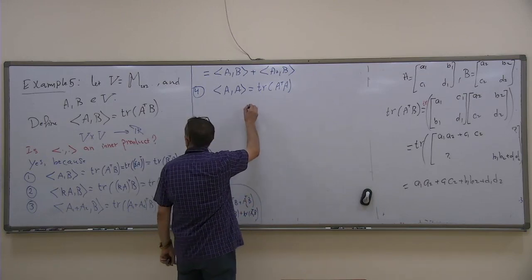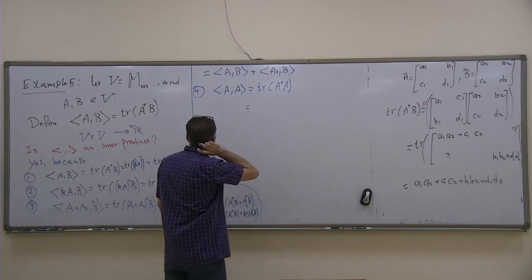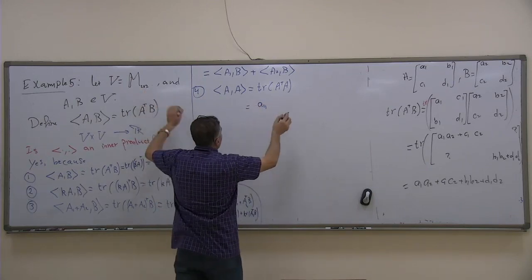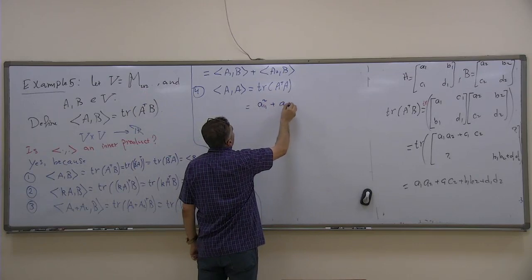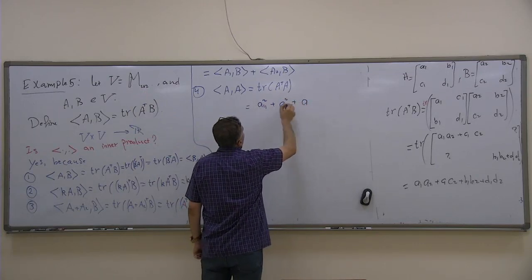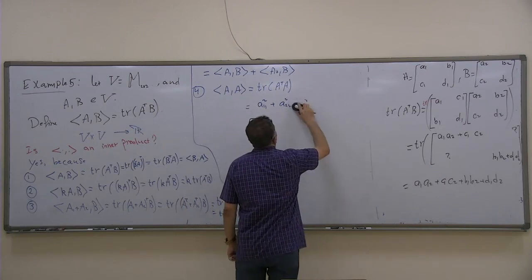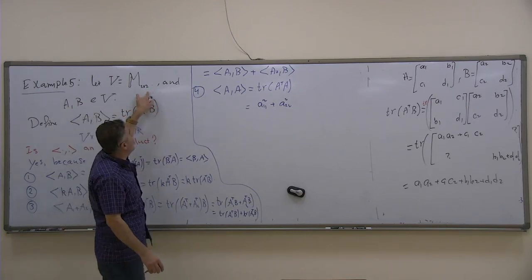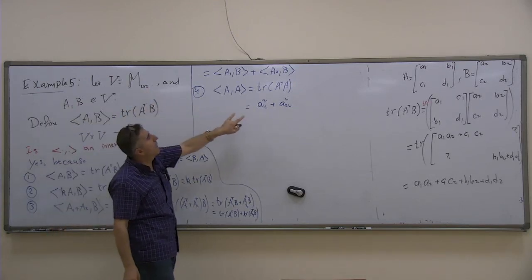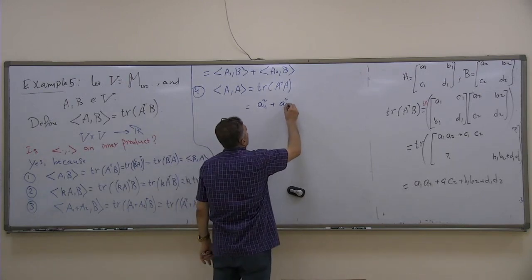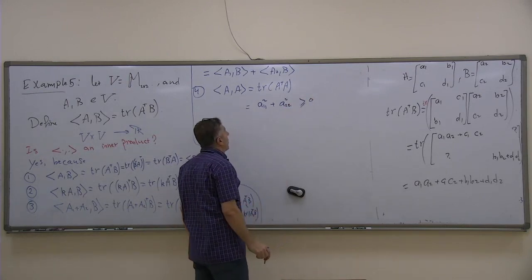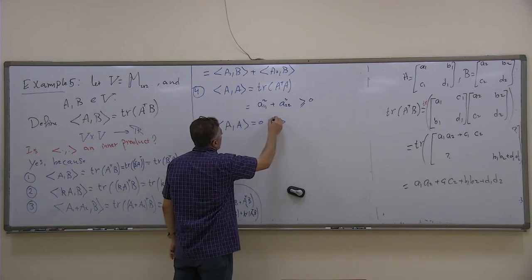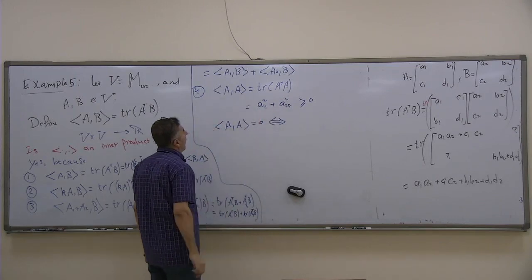So that is going to be A11. I'm talking about 2 by 2. So here A11 squared plus A22 squared plus A. That's it. It's 2 by 2 here. But even if it is in general, 3 by 3, 4 by 4, n by n, it's the same idea. Okay? So this is 2 by 2, and that is larger than or equal to 0. And right away you see if this is 0, it means this is 0, this is 0. And in that case,